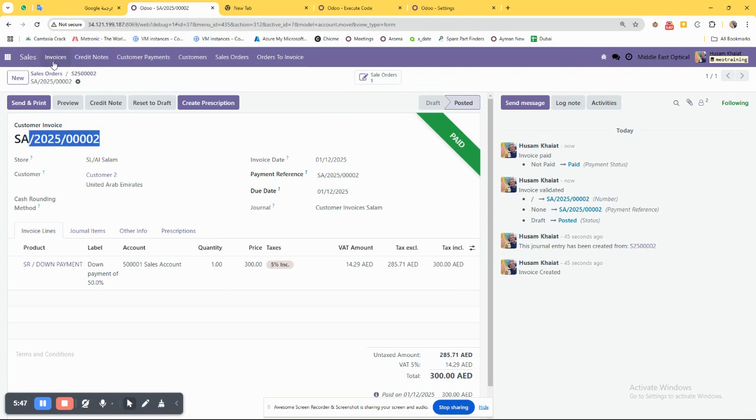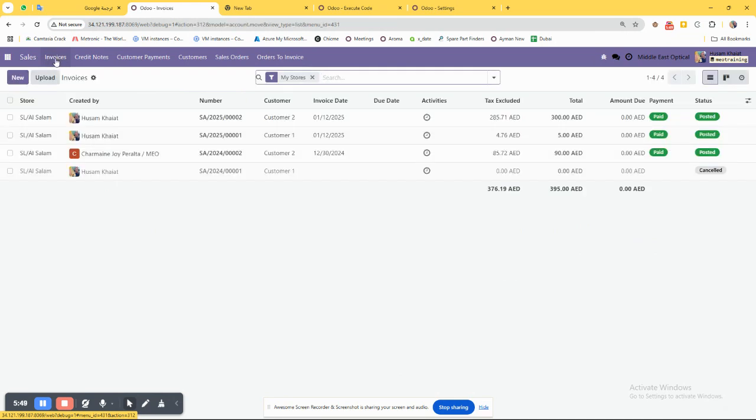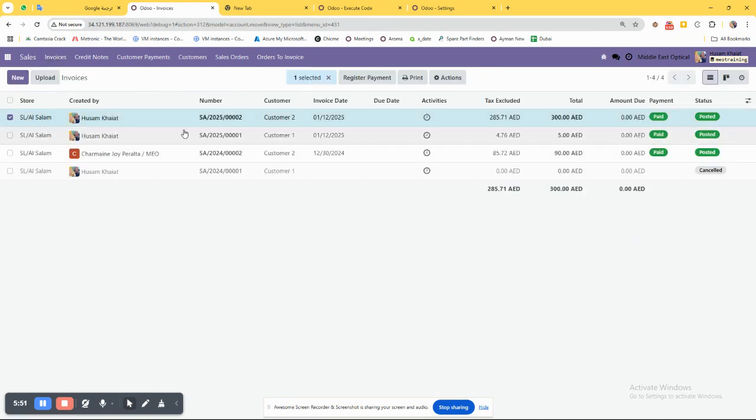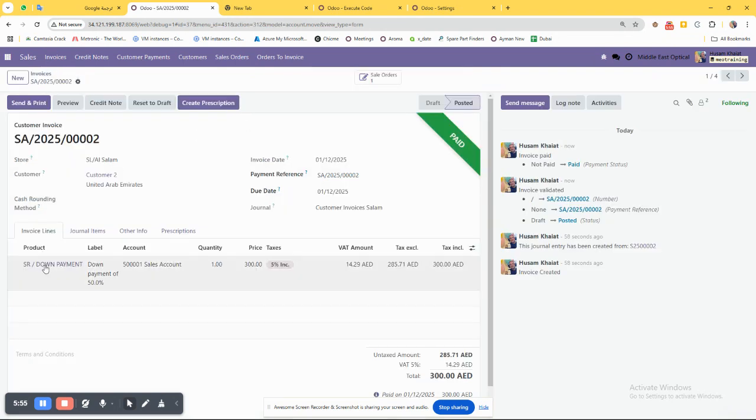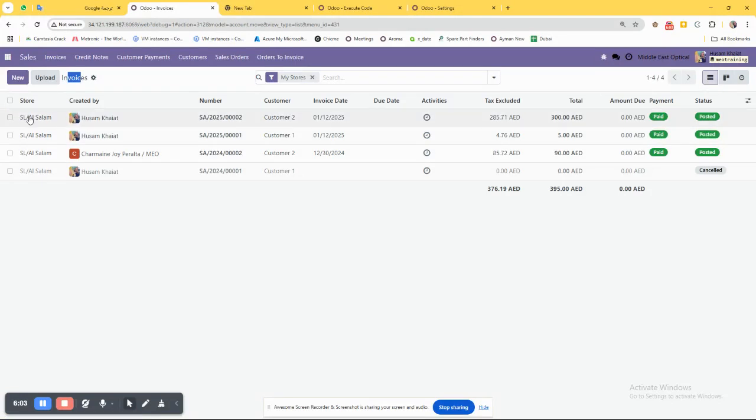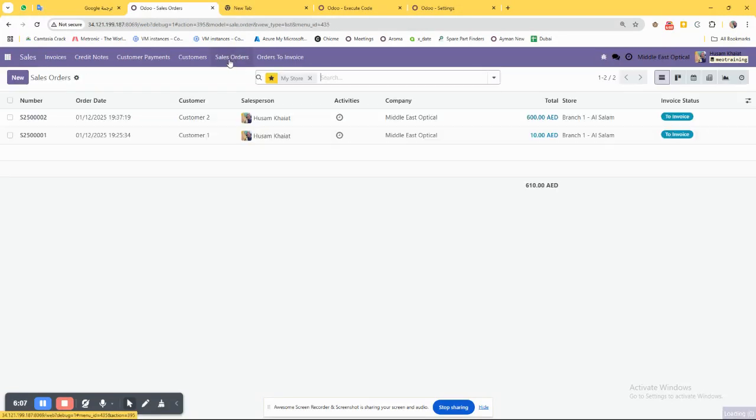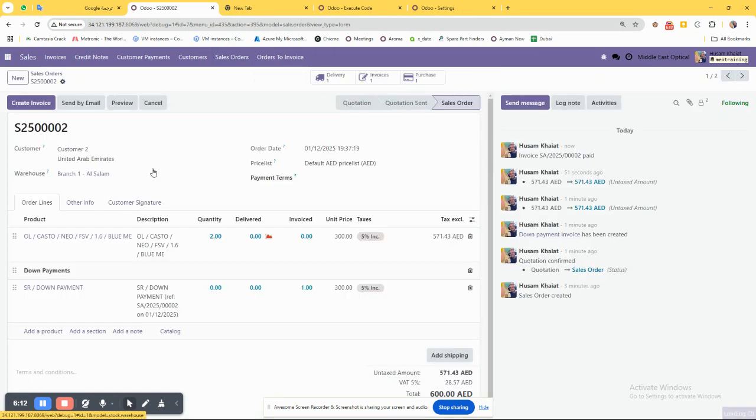Okay, my dear, you can see it here in the invoices. This is the invoice. Look. So 2025, open it. This is an invoice of down payment for this client. So you see, this invoice that I am seeing in the list of invoices is coming from the sales orders. So if you go to the sales orders, you open this customer, you will see that this is